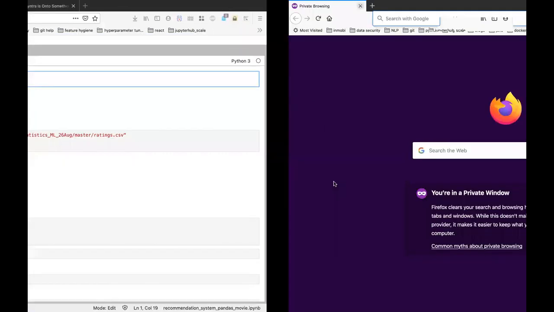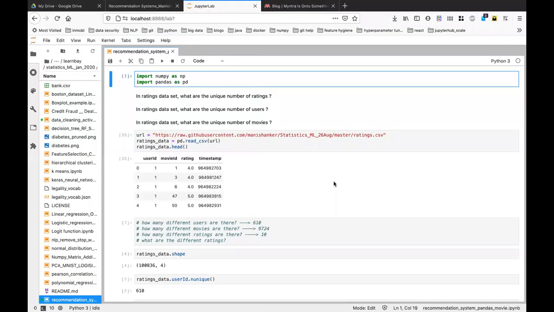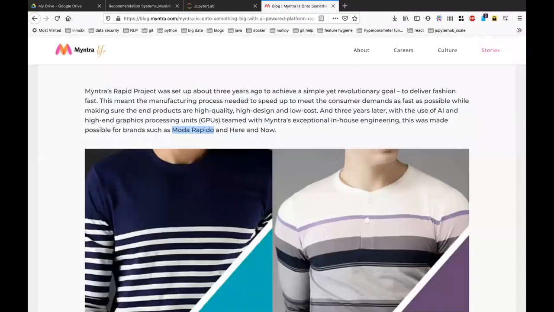So for example, my company itself is an ad company. I know how much data they collect. For example, if you open any news site, I'll show you how much data they collect. So let me open this.